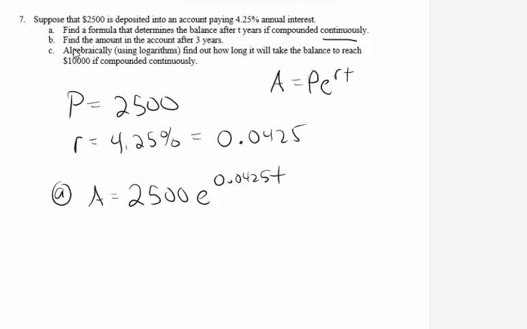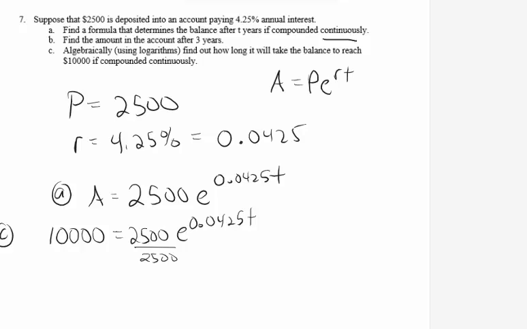We'll leave that part. So part C, algebraically, using logarithms, find out how long it will take the balance to reach $10,000 if compounded continuously. So we're going to go in here and figure out the t value. So for part C, we have that the output is going to be 10,000, and the input is what we're going to try to find. Okay, so this is an exponential equation. First thing I need to do is divide both sides by 2,500 because I've got to isolate the exponential. See, that'll be exactly 4, right? 4 is e to the